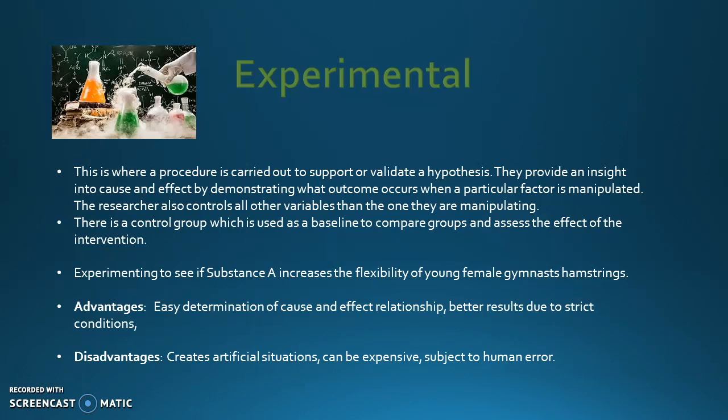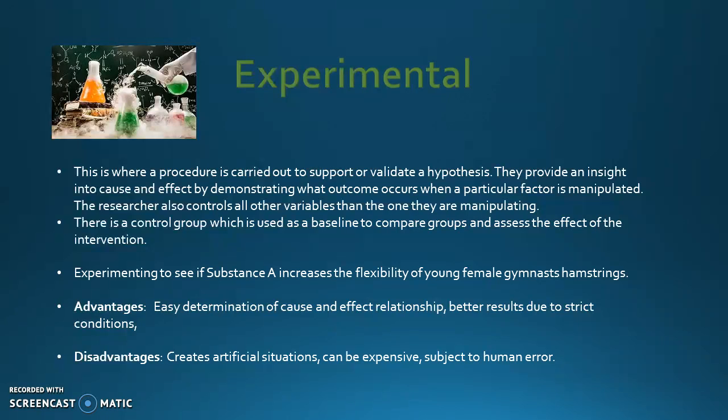The last research method is experimental. This one is not observational, and this is a procedure carried out to support or validate a hypothesis. They provide an insight into cause and effect by demonstrating what outcome occurs when a particular factor is manipulated. The researcher also controls all other variables than the one they are manipulating. There's also a control group, which is used as a baseline to compare groups and assess the effect of the